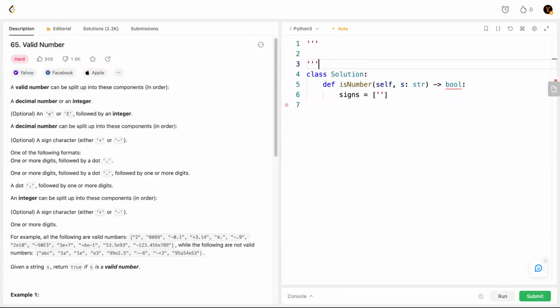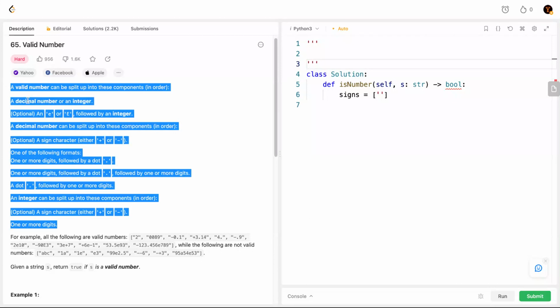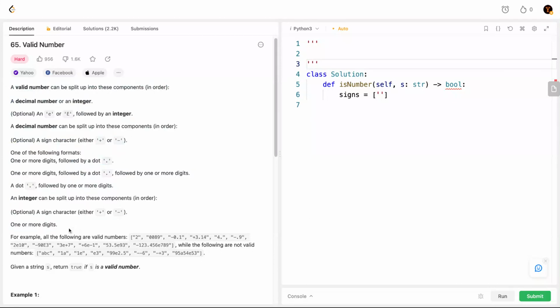Hello guys, so today let's work on Leetcode 65, which can also be asked in Facebook interviews. For this problem, we're going to be given a string and return a boolean. We return true if and only if the string is a valid number. This question description is very complicated, so let's try to summarize it so that we can simplify it